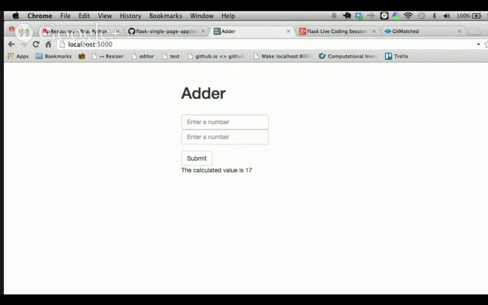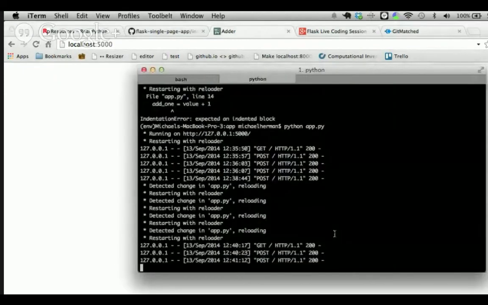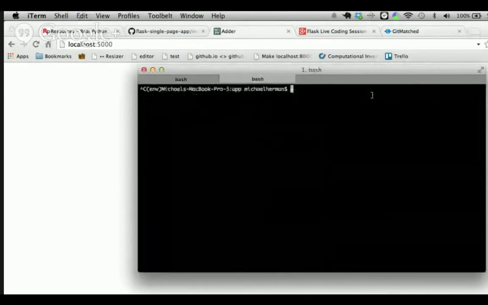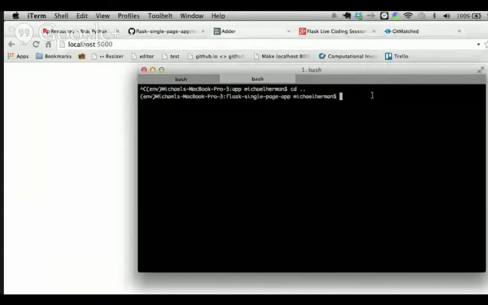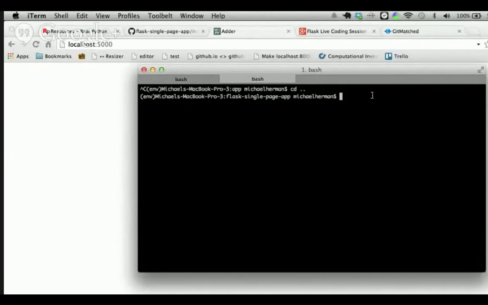All right, so we're looking pretty good. Let's go back to the terminal. I'm going to go ahead and kill the server here. Then I'm going to cd back out to our main directory here. Let's go ahead and commit our changes to our local Git repository. So I'll say git add -a, and then git commit, and let's put in the message, created a basic calculator app, I guess.